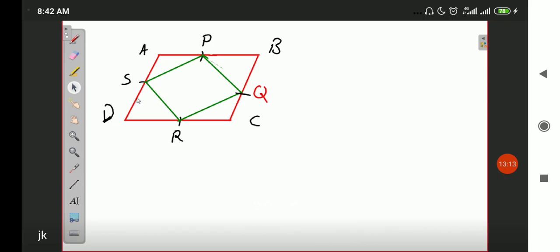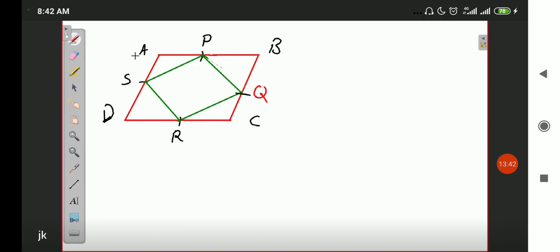Second case scenario is you prove that any of the interior angles is 90 degree. Okay, so according to me there are two methods in which you can prove that interior angles are 90 degree, and there is one method by which you can prove that the diagonals of this parallelogram are equal. Okay, first of all let us talk about the 90 degree part. For the 90 degree part, what we can do is we can do two things.